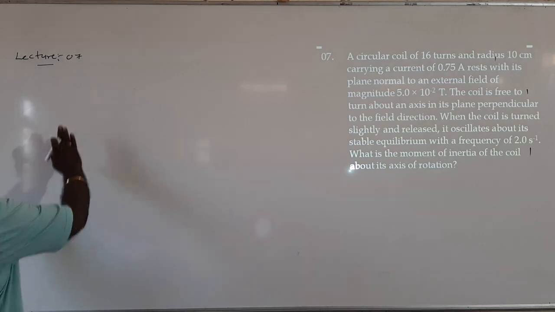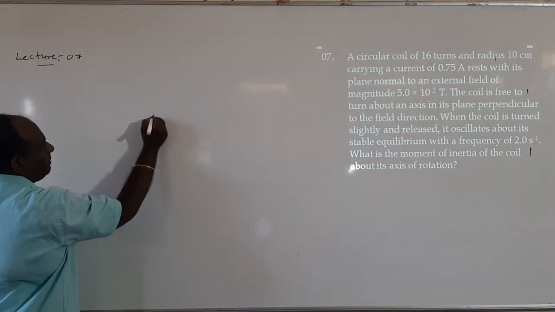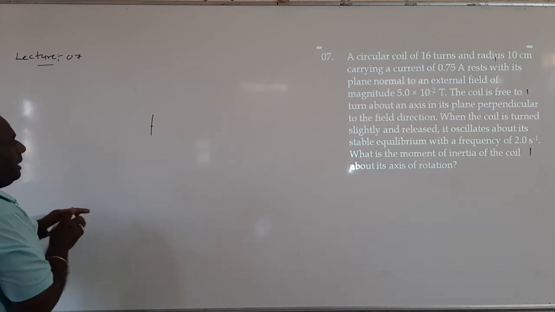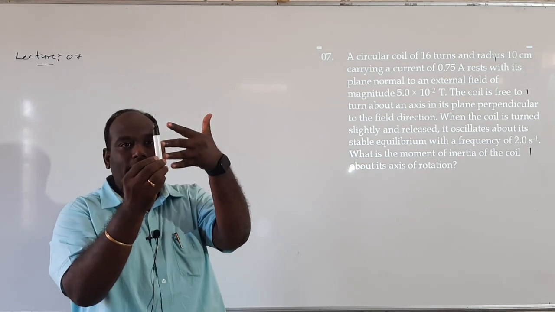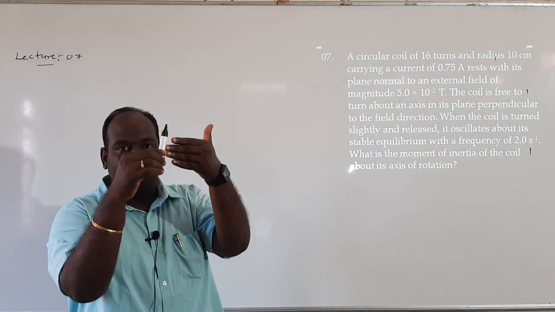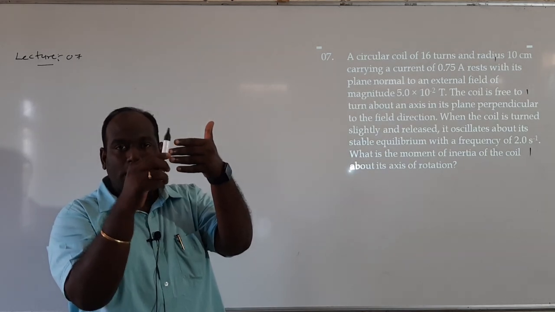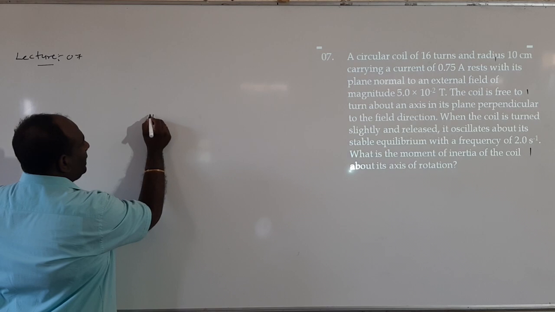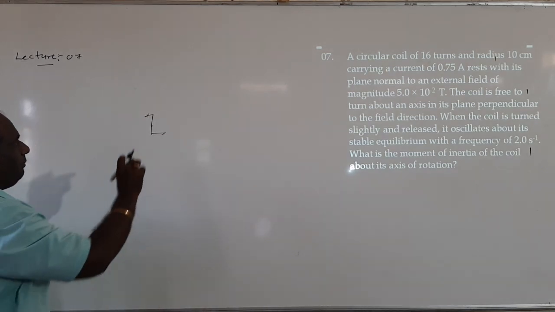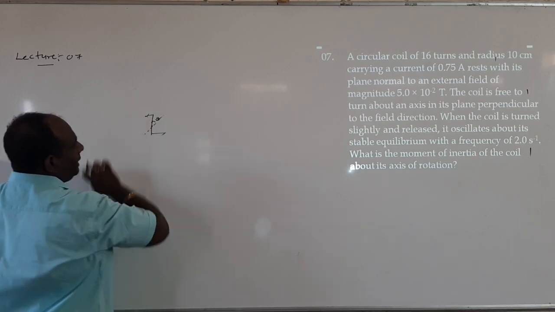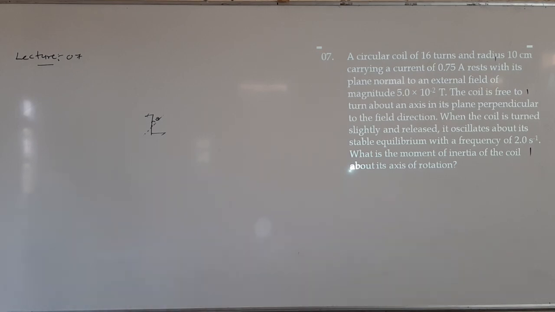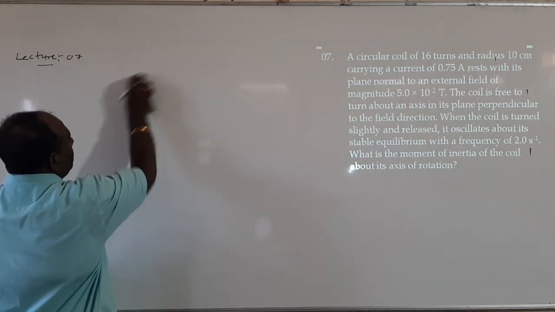Assume this is a magnetic needle. This is the stable equilibrium, with the magnetic field in this direction. Please look at the equilibrium condition. Assume this is the magnetic field and the magnetic needle is at rest in this field. If I rotate it, what will happen? It experiences torque, and this is the stable equilibrium. If I rotate it through a small angle like this, it will rotate in this plane and execute SHM. If it is executing SHM, then what is the moment of inertia? In this case, first we write the data.